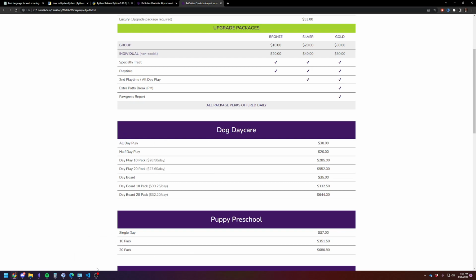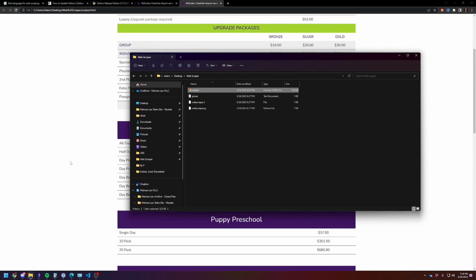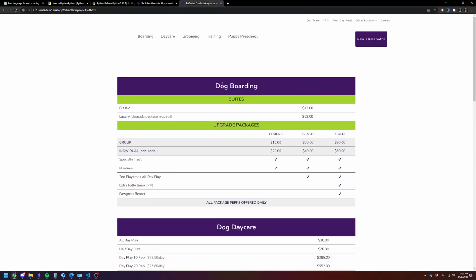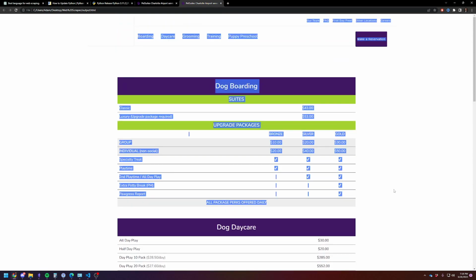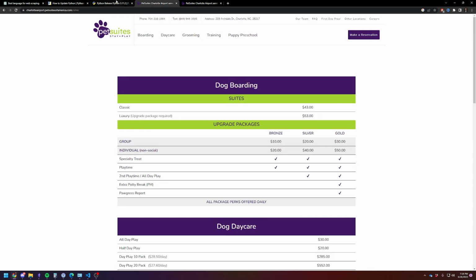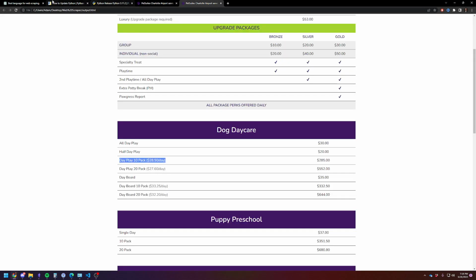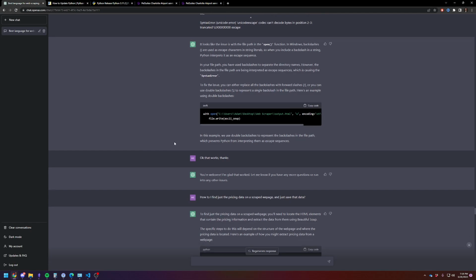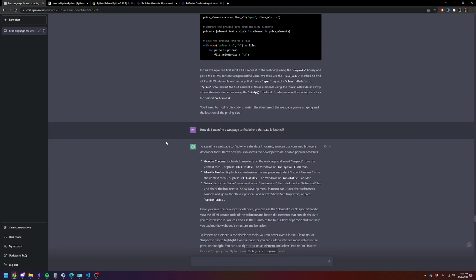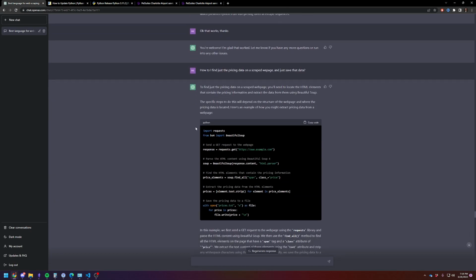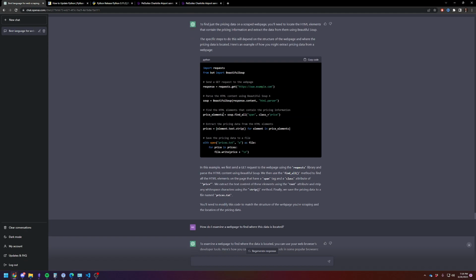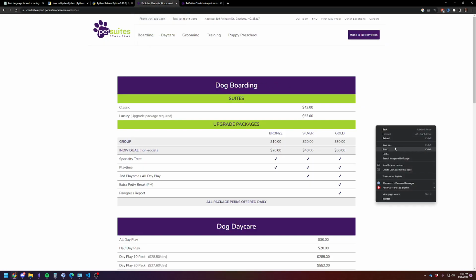So now I got it in this output file, but obviously way too much information. I don't need any of the rest of this. I just want this. So now we've got our first working version where we actually managed to scrape data and save it. And I said, all right, now I just want to get the price data. So it tells me how to find the elements on the pages. So we find the elements by going into the inspect function,